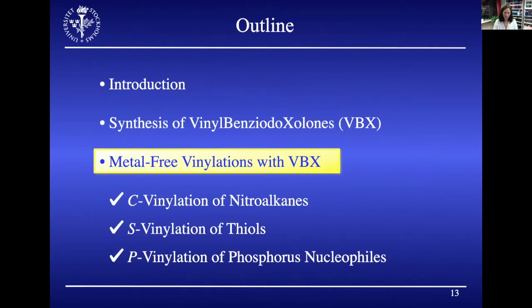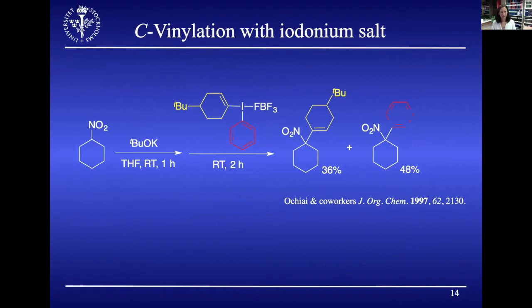So going on to what you can do with VBX reagents, I will go through a number of vinylation methods that we have developed. The first one is really quick. So in the original paper, when we developed the synthesis of VBX, we wanted to try the reactivity of the reagent. And we decided to use a comparison from the literature where Ochiai and co-workers had taken nitrocyclohexane to treat that with a base and then use this cyclic vinyl iodonium salt to get to these two